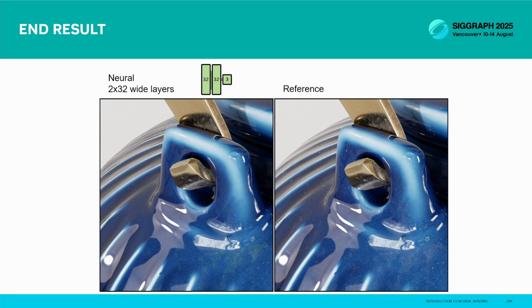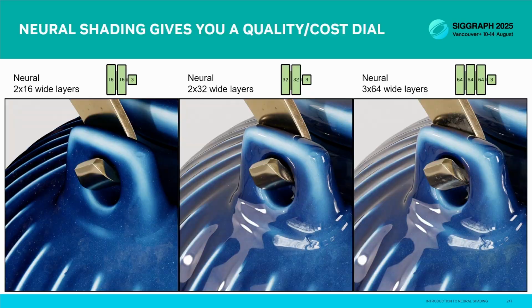Besides the performance, there's a few other nice things you get with it. Once your models are trainable, you can do some things that are fairly challenging to do if you started with just shader code or shader graphs alone. The first is that you now get a dial that lets you trade off the quality of the material versus the cost by changing the size of the network. This way you can smoothly adjust the cost of the material at runtime versus its quality, but because it's trained, it preserves as much of the character of the material as it can fit into the given compute